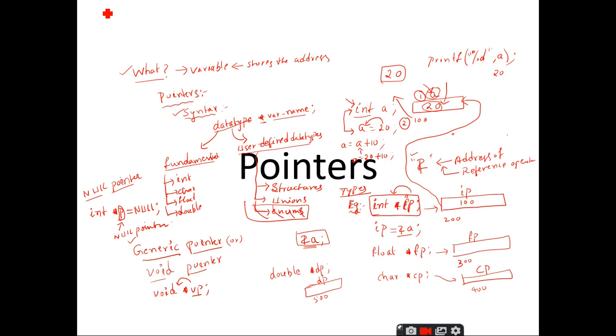Yes, sir. Now tell me, what are the uses of these pointers? You might have come across the usage of these pointers in your programming concepts. Do have a recap of some of the concepts where you will be using these pointers. Any one or two applications, please tell me. Implementation of linked lists and trees.